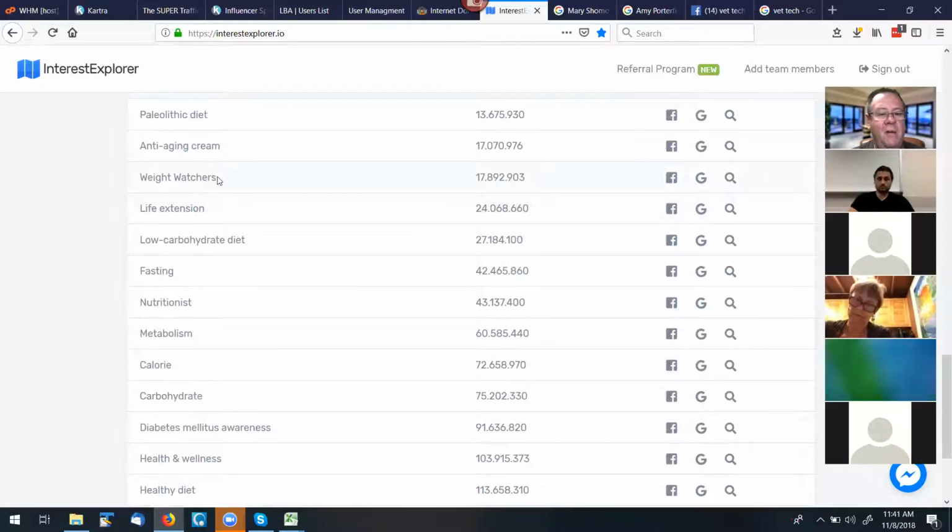People that are in Weight Watchers, 17 million, almost 18 million. I know for a fact from some exit polls and things of the Weight Watchers community that they've not gotten the results that they wanted. So he could create a big idea around Weight Watchers not working and create an ad campaign targeted against them and go right to those people. So all those people that have been in there not getting the results they want, that would be a good